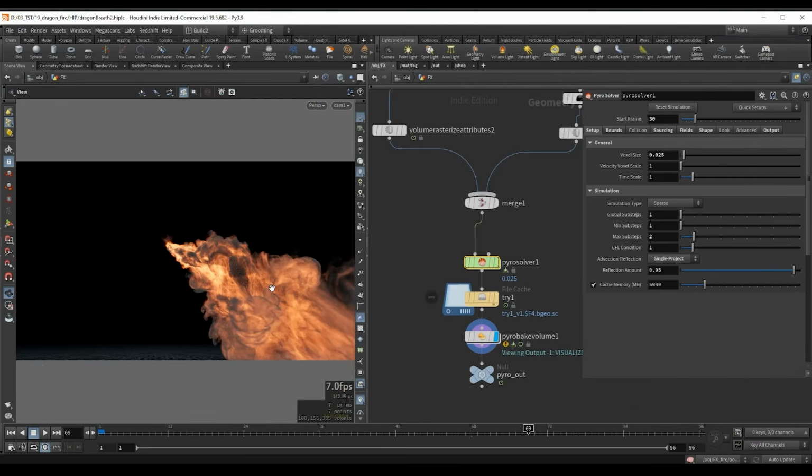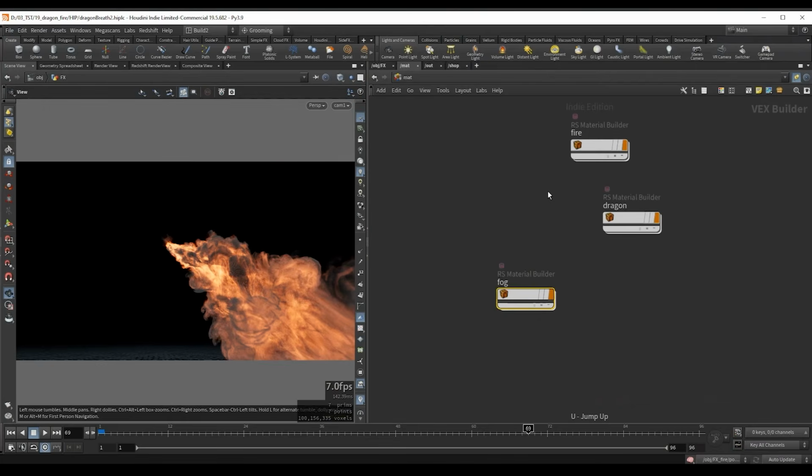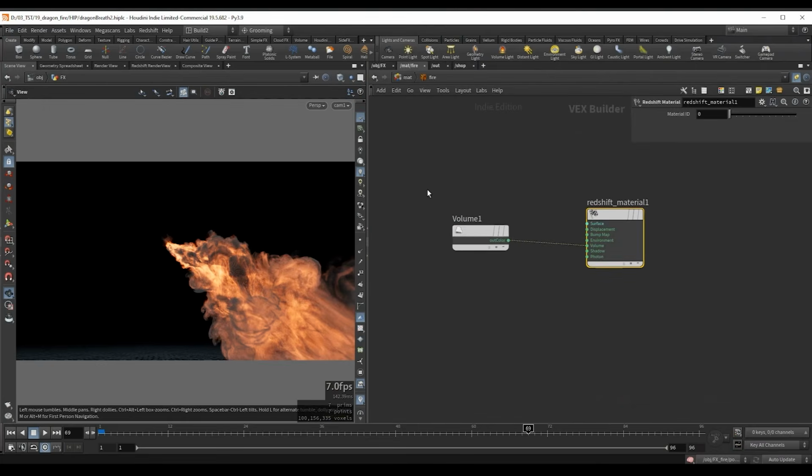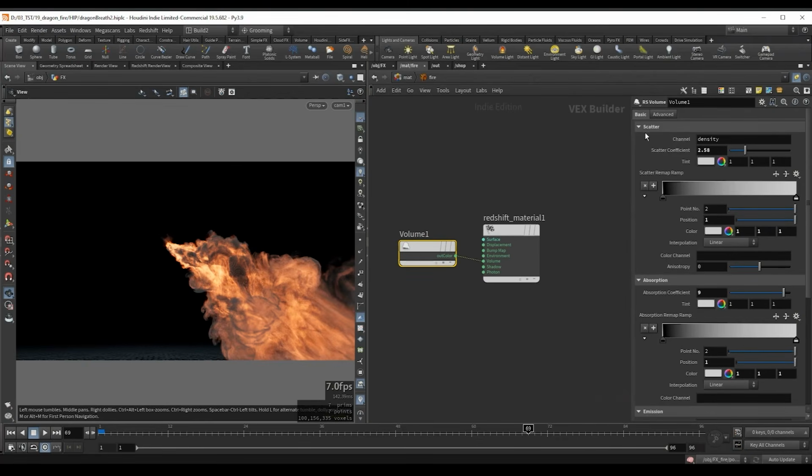So go ahead and inspect this project file if you want. And to create this shader inside the Redshift, you have to go to the Pyrobake volume, and inside the bindings tab, the last property here will be bake emission volume. So you have to turn this on, and then in my material settings, let's go to the fire here. We have a simple volume shader that's attached to the volume input for the Redshift material here. We are mapping the scatter to the density, and here I'm using a fairly low scatter coefficient compared to the absorption coefficient. This is what's going to make the smoke appear thicker or more transparent by increasing the absorption coefficient. So this is very important.